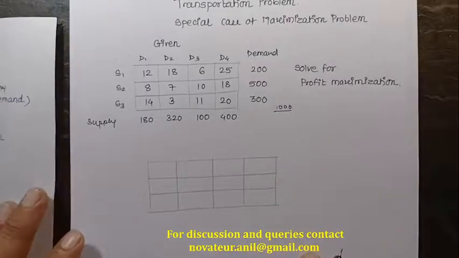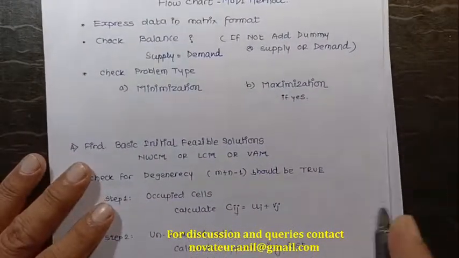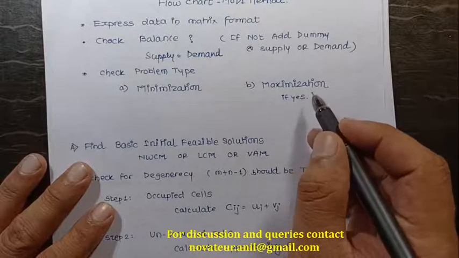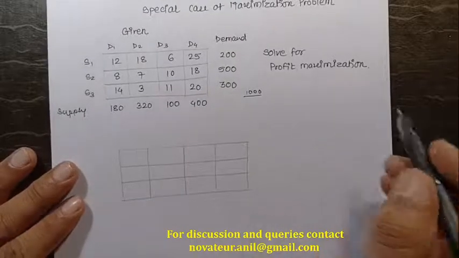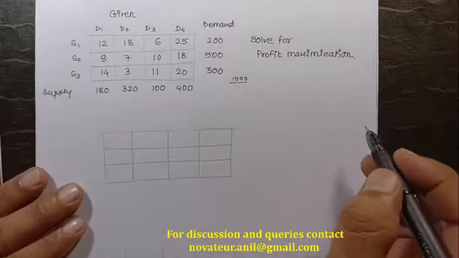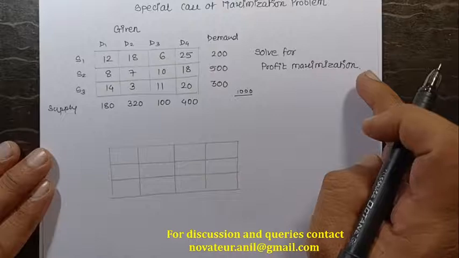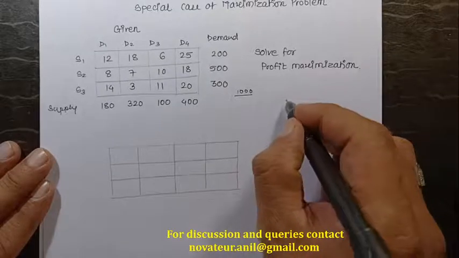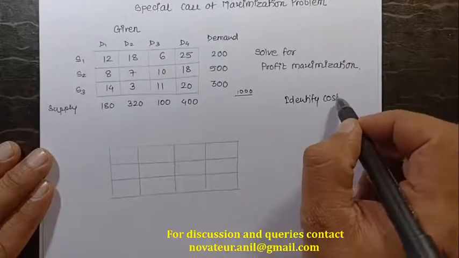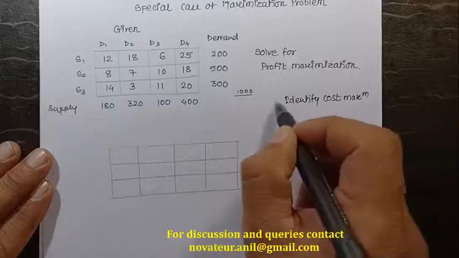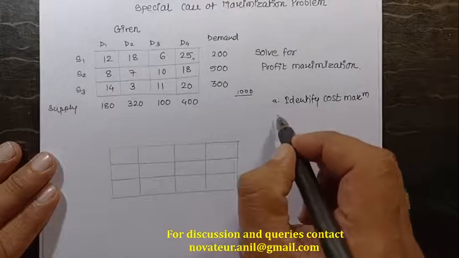Next, we need to check whether it's a minimization or maximization problem. So it is a maximization problem. What do we do when it is a maximization problem? Before I actually start, let me write down the steps that you need to understand before solving the maximization problem. For a transportation problem with a condition of maximization, first identify the cost which is maximum. Which is the maximum cost? It is 25. Now subtract